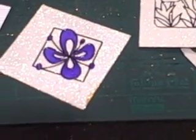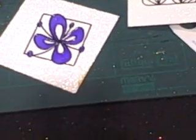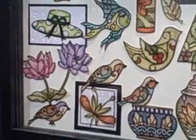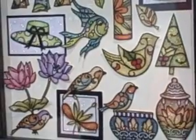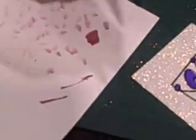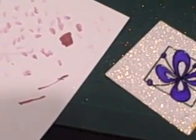I also love to use, you can see in these birds here, see how the blue's a little deeper down in here? And that outline right there with the brown, the rust. I know it's going to be a little hard for you to see. What I do, and even on these flowers, after I've completely blended, sometimes I just want to really accentuate it, give a little bit more drama. Your brush pens are fine, but not that fine. So what I will do is take a good quality, soft pencil crayon,